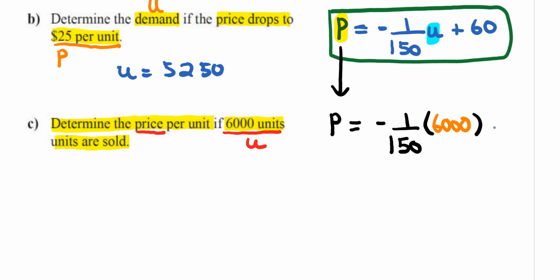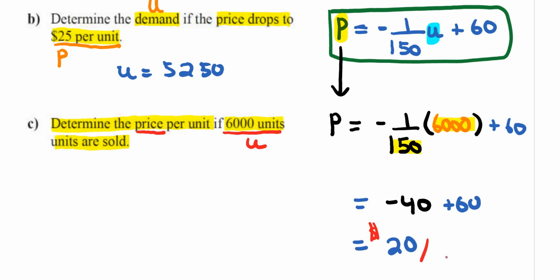And then after that, I can add 60. And then from here, you pretty much go to your calculator and you can just figure out this calculation here. If I do 6,000 divided by 150, I get negative 40. And then I can add the 60 there, and then I get 20. So this is going to be $20 per unit. And that's it for